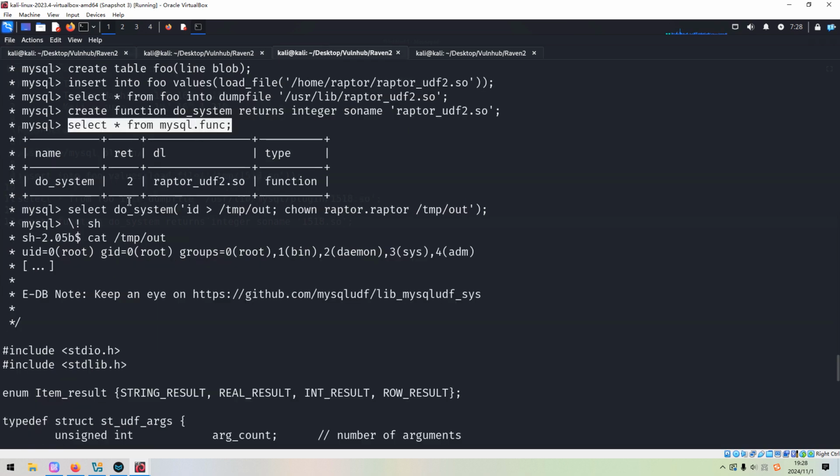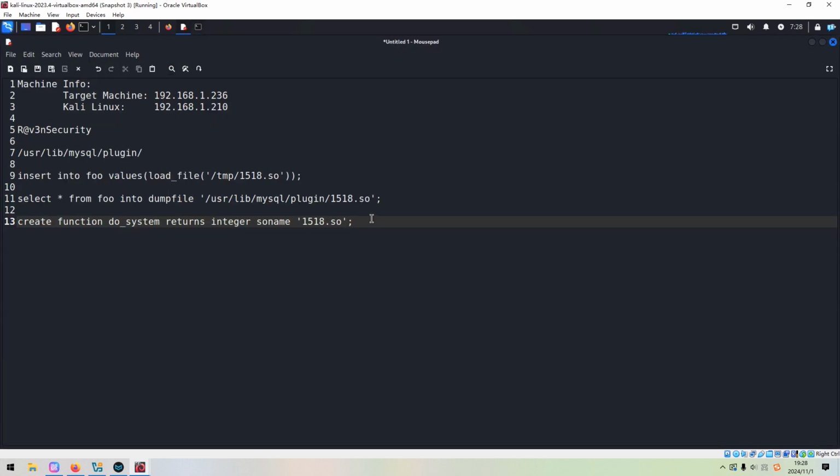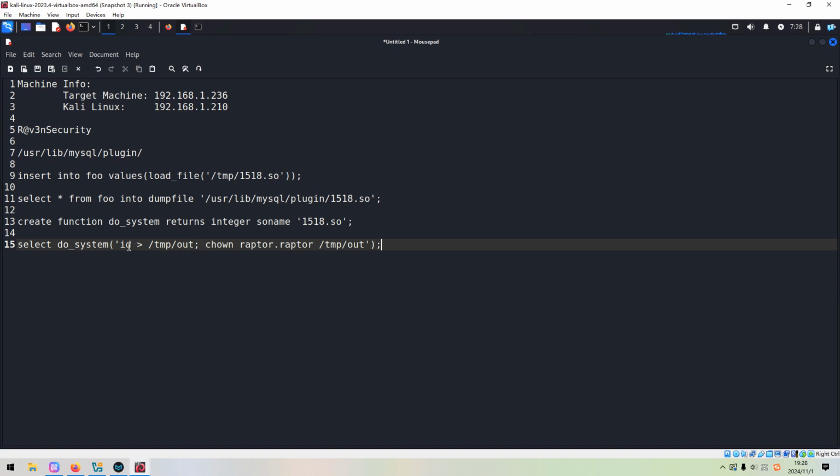So next we can run command. So how to do? For example, we can run this command. We can copy. But here I would like to change the command. I want to, for example, change mode or add SUID bit to the find command. Okay, so let's copy.